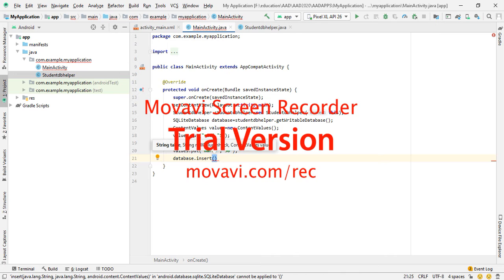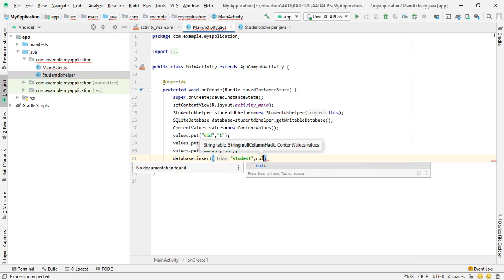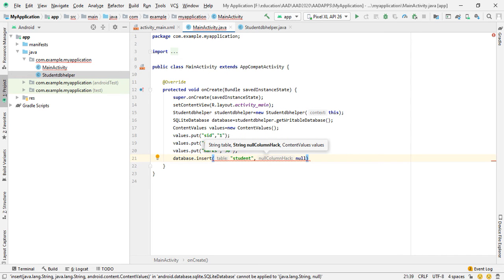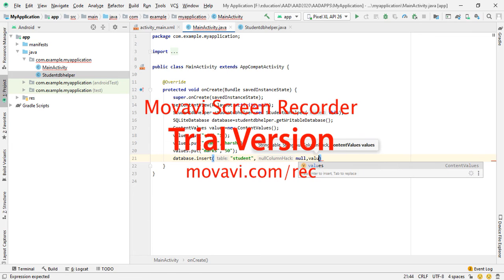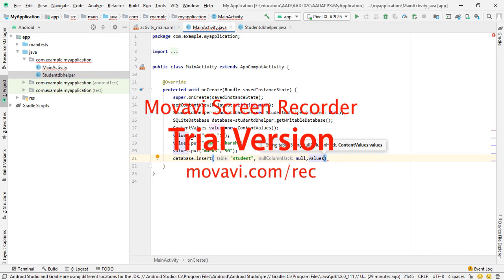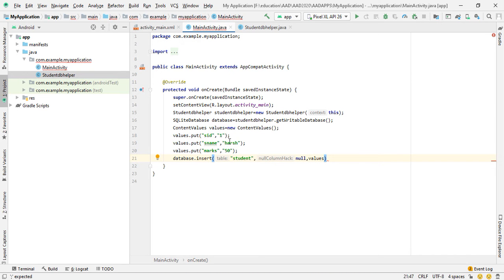In this insert method, the first parameter is table name. Our table name is student. Second parameter, we put null column hack. For the time being we put null here. And the third parameter is the values that we want to insert in the database, and these are the key value pairs.